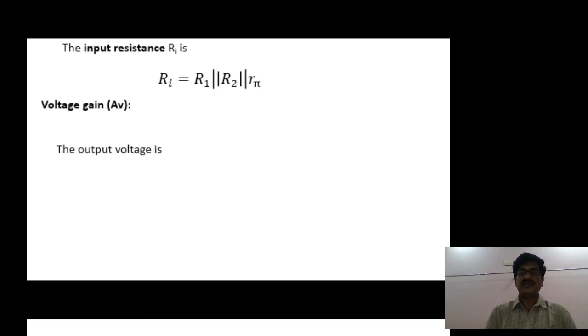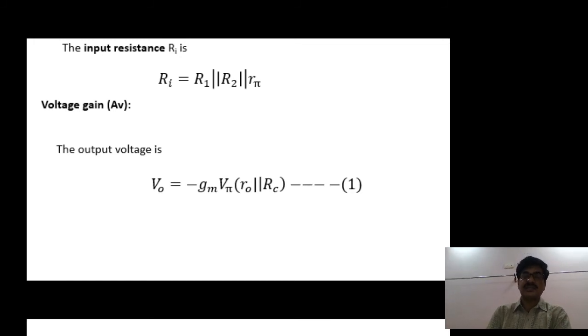So you can write it as V0 divided by Vs, where V0 is the output voltage. What is V0? V0 is the drop across the parallel resistors R0 and RC. See the diagram in your notes. At the output, R0 parallel RC, the drop across that resistor is referred to as the output voltage. How much current flows in that resistor? Gm V pi. Therefore, the drop is minus Gm V pi into R0 parallel RC,